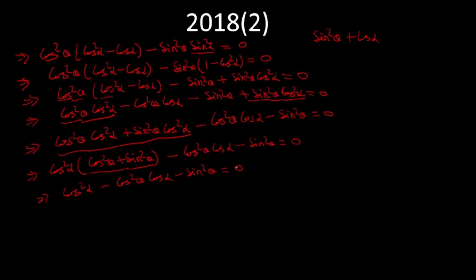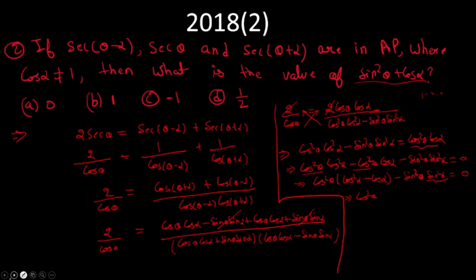So what we will do here, we only find the value of cos alpha. So what we do here, we take cos square theta to the left side, sin square theta. Now what I do, I take cos alpha common here, so here we get cos alpha minus cos theta and minus sin square theta equal to 0. Okay, and our question asks what is the value of cos, I will check.